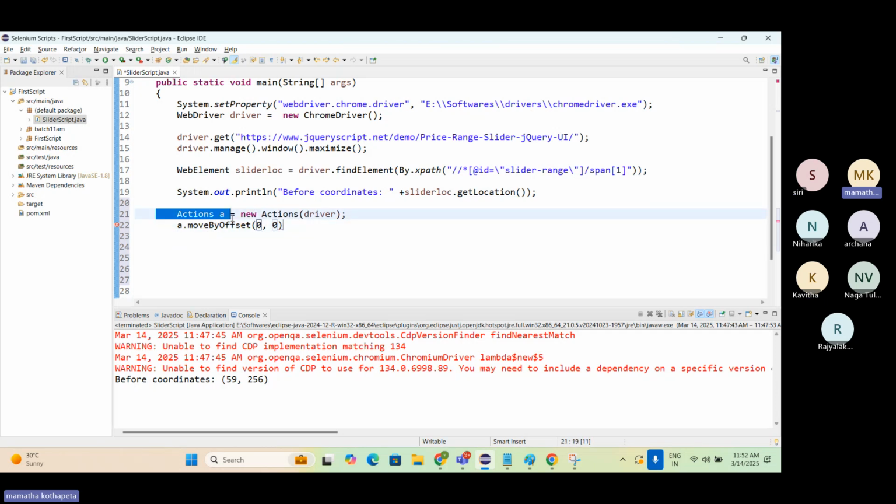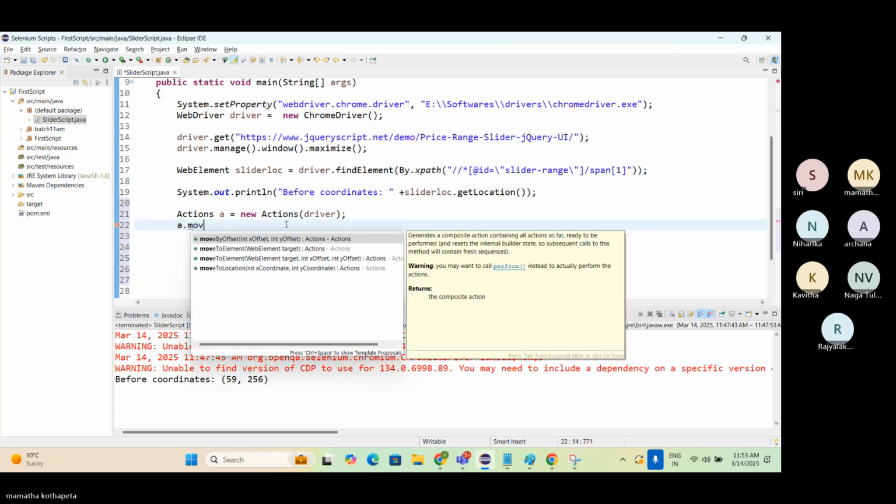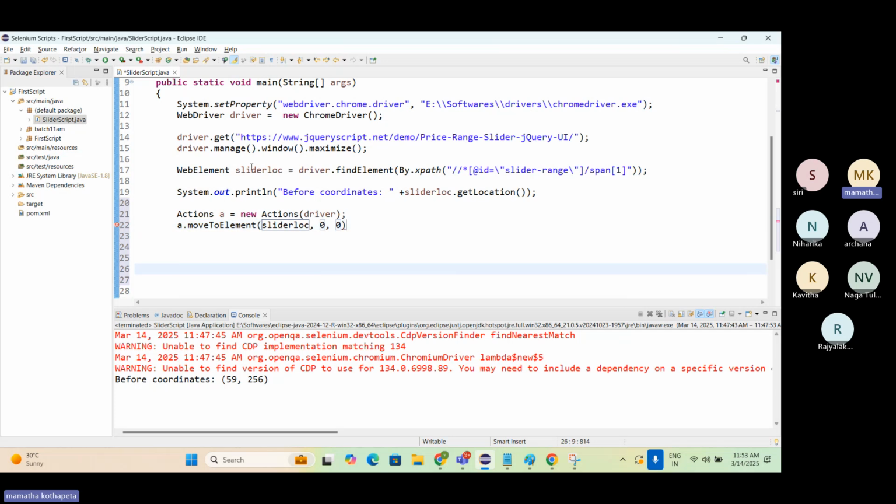See, how will the actions understand what element it should take? Yeah, this is the target, web element. Now this is the x-axis, this is the y-axis. Now if I pass 100 here,